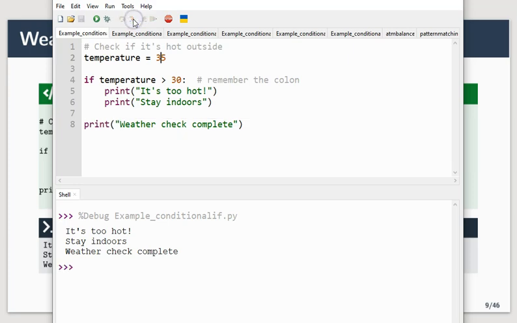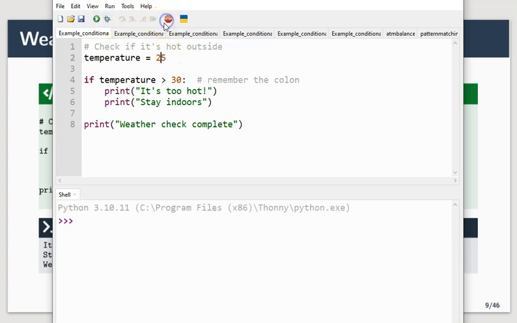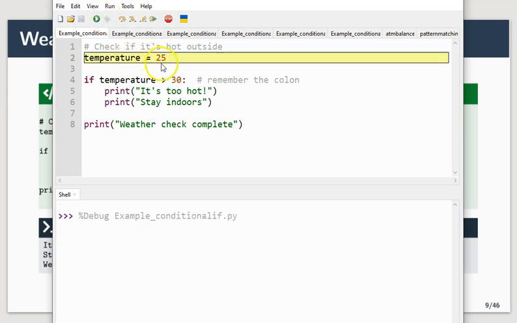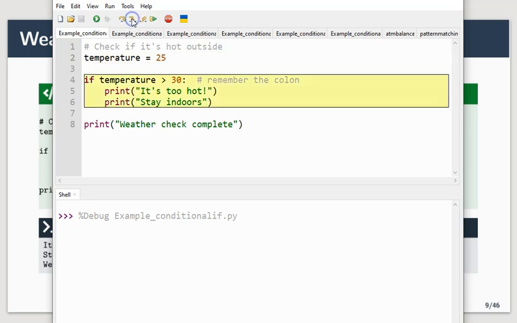Now suppose we take 25 degrees. Okay, first stop it. Now again if you debug, our temperature is 25 degrees. Next it will come to the if block. Here the condition is whether temperature is greater than 30 or not. So we took the temperature as 25, so is 25 greater than 30? Obviously not, so it will give